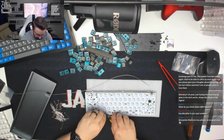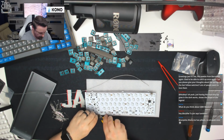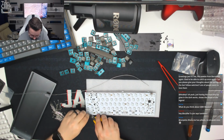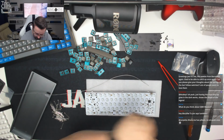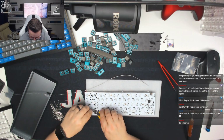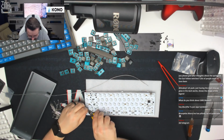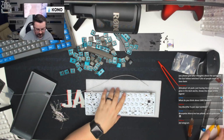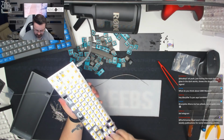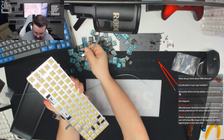Okay, almost there now. And then we'll just have another look at this switch that's not working. It could just be the diode that's not soldered properly. Sometimes that happens with cheaper PCBs. So let's just take another look. So it's just this switch down here. There's no LED on that one. So that's our up key for the...